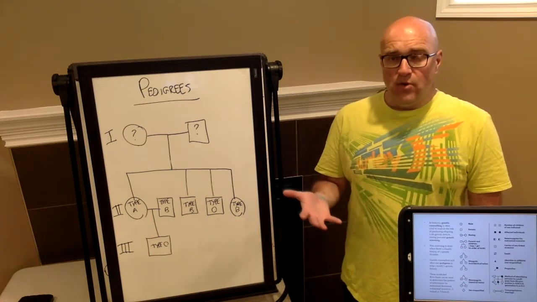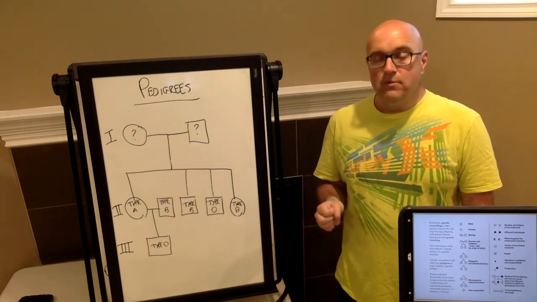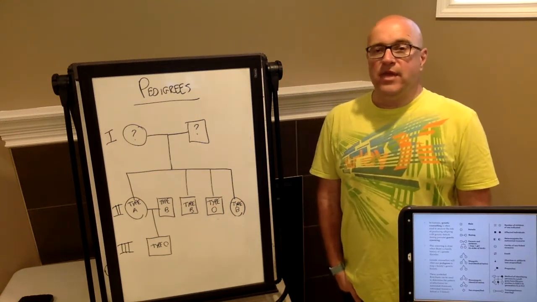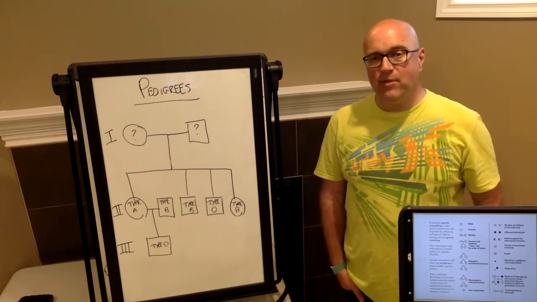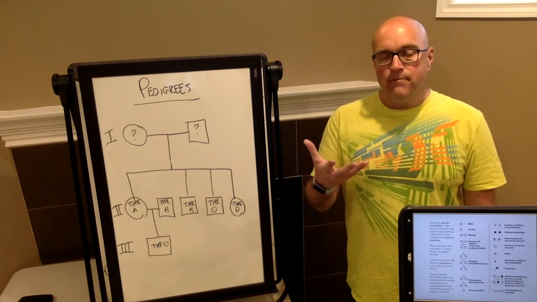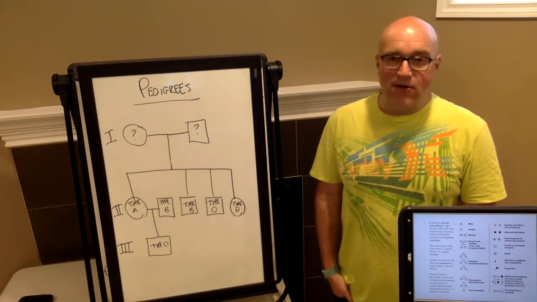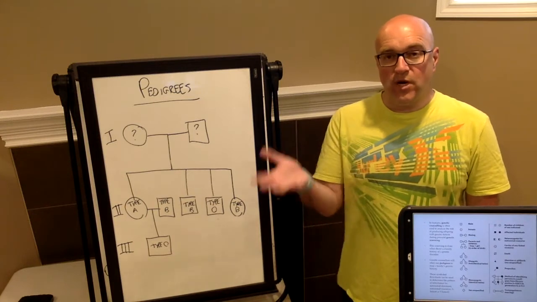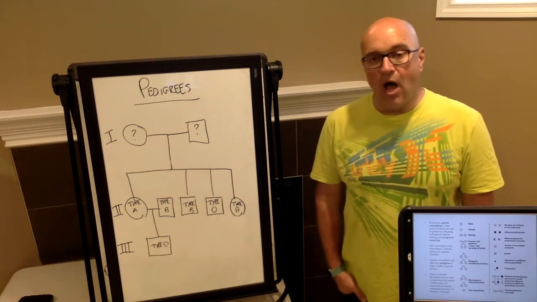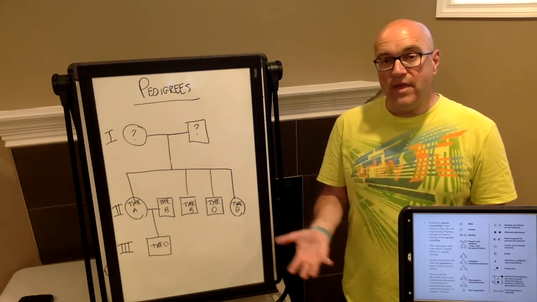Pedigrees, once you know the individuals in a family, you can map out which individuals have a disorder, or you can maybe figure out that a person in the family is a carrier of a disorder. And based on the pattern of which individuals in the family get the disease and which ones don't, we can determine which gene and where the gene is that's causing the disorder. Is it a gene that's found on one of the chromosome pairs 1 to 22, an autosomal disorder? Is it dominant? Is it a recessive disorder? Or is it a dominant or recessive disorder that is located within, let's say, one of the X chromosomes